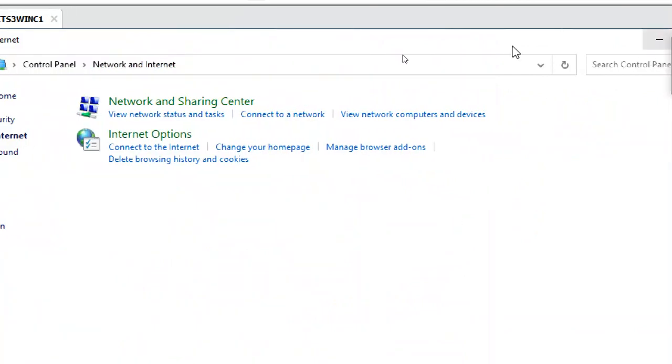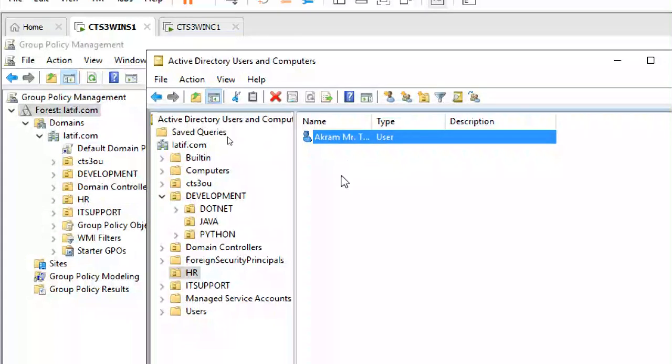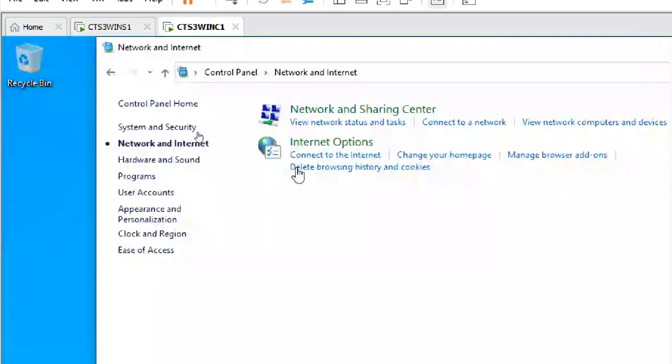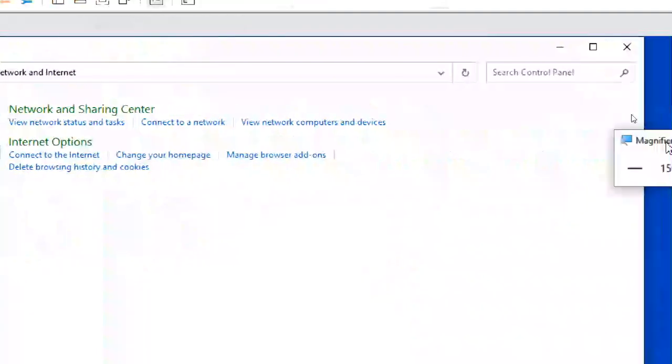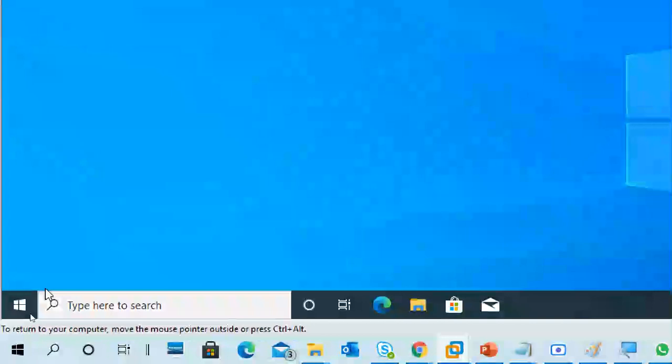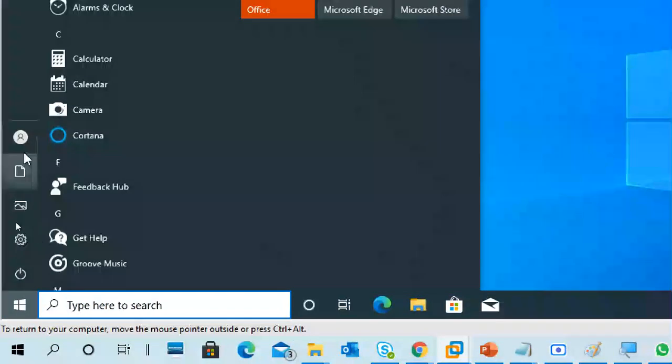Now, guys, I logged in with Akram and the policy is not applying. Why? For Akram it is open. For Aniket it is not open. Tell me. For Akram it is open.